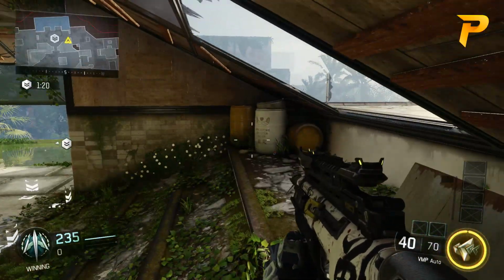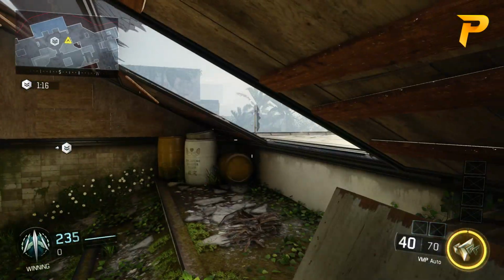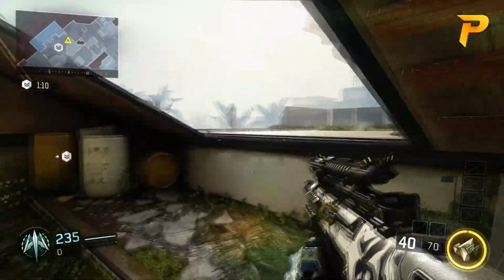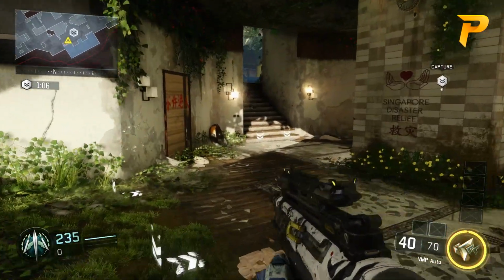So if you have a teammate that's maybe laying down or hiding inside, you can be the first line of defense and hopefully peek out that window and kill enemies coming. It's also identical on the other side of the hardpoint, so this can work both ways no matter where you're spawning. And the last spot I'm going to show you guys in this video